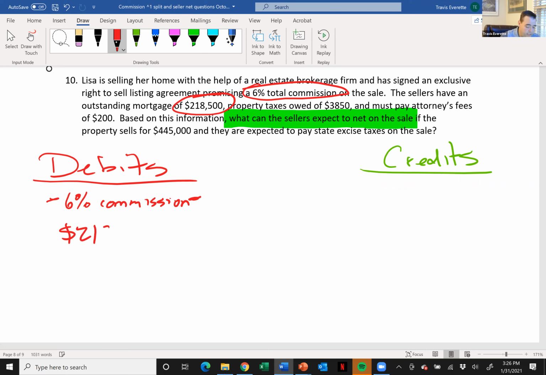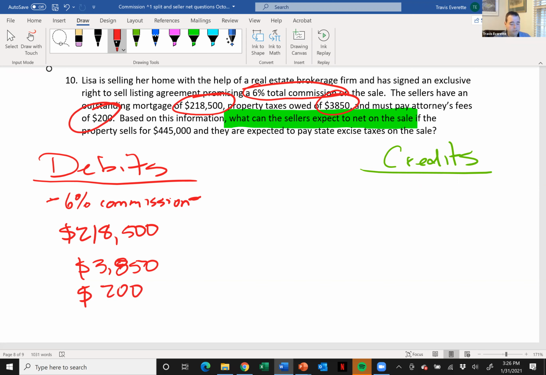So $218,500. Property tax owed of $3,850. Well, there's another debit, $3,850. And must pay attorney's fees of $200. There's that. That's a debit. $200 on attorney's fees. Based on this information, what can the sellers expect to net on the sale if the property sells for